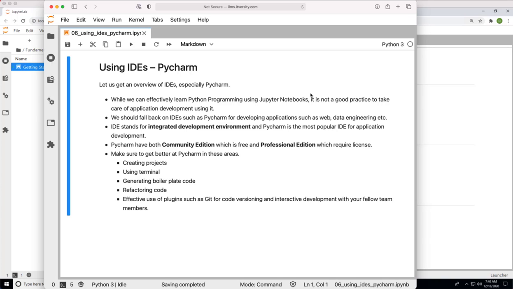It provides features such as collaborative development, code refactoring, and many other things which will streamline our development process and improve productivity as a team to develop complex web, mobile, or data engineering applications. PyCharm has both the Community Edition, which is free, and the Professional Edition, which requires a license. PyCharm is a product of a company called JetBrains, which is quite popular in building IDEs for different